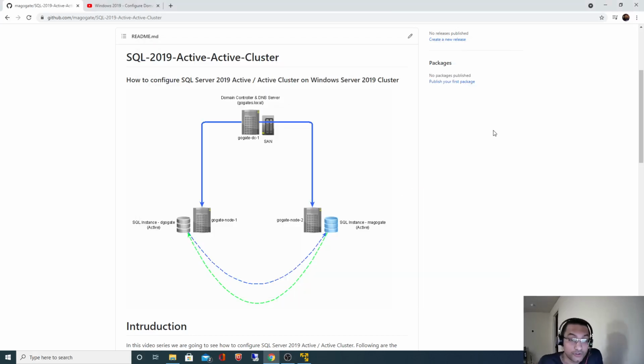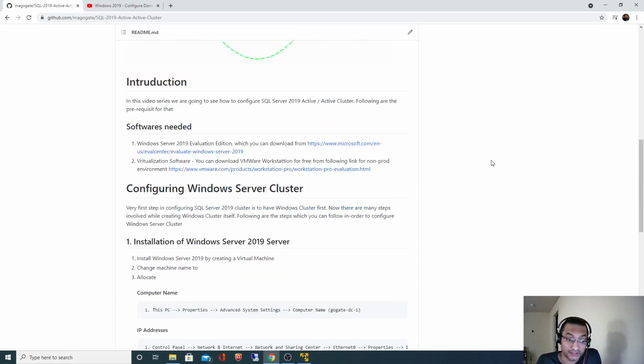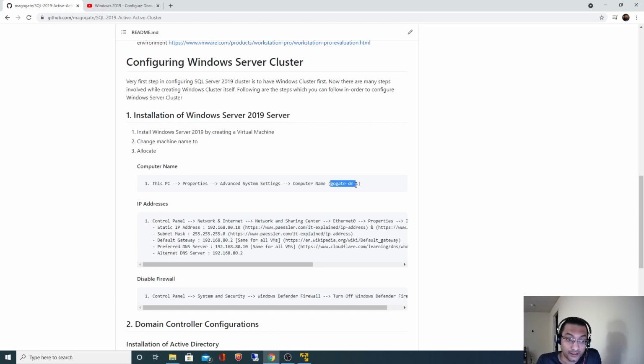Hello all. So in the last video we installed Windows Server 2019 on one of the nodes in our network. As we discussed earlier, we are going to have three different nodes in our network, and this node in particular will act as a domain controller wherein we installed Windows Server 2019. After installation, we also specified the computer name and a static IP address.